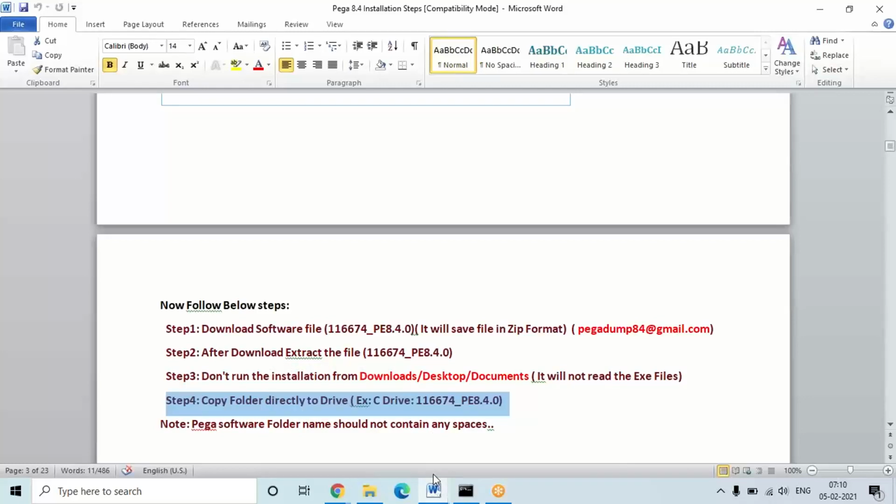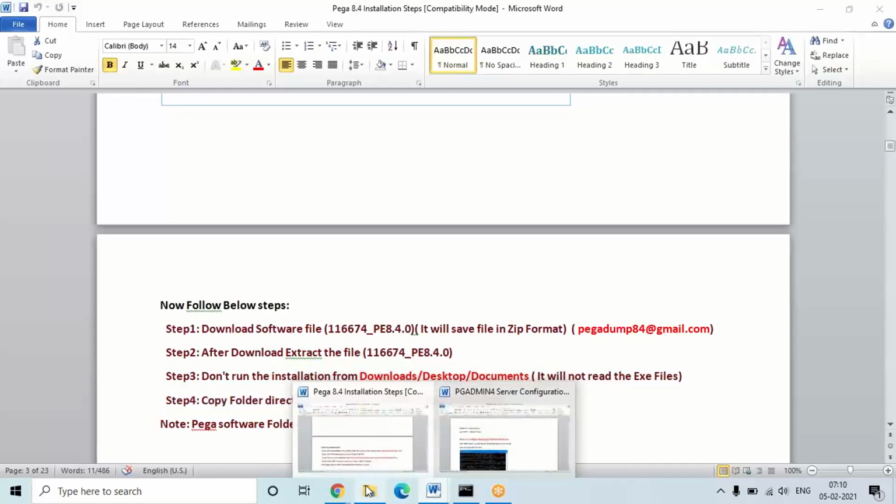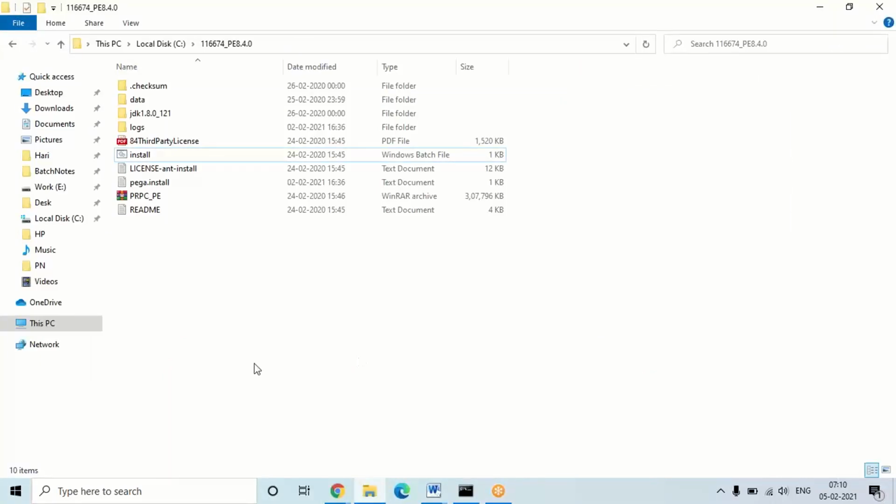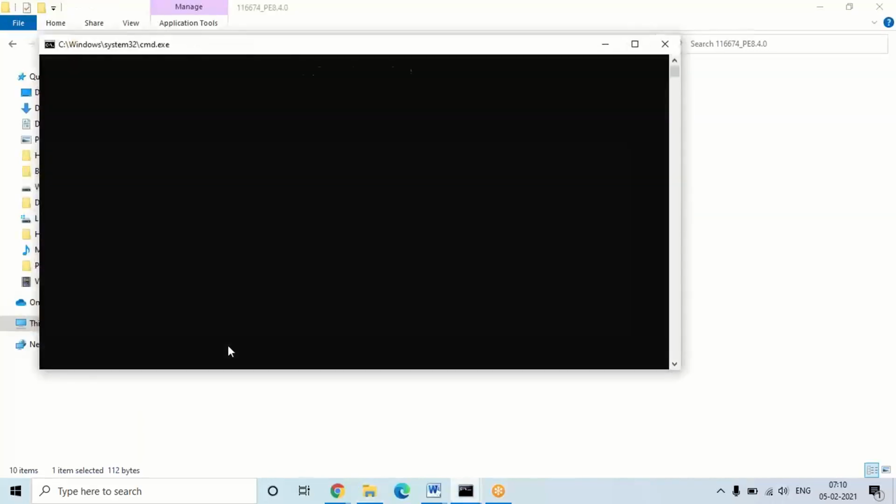Okay. And then, once this setup is done in your system, where this particular folder is there, open that folder and click on this install file. So there is the install file. Double click on this. One command prompt will load, and at the same time in the background some wizard will load.